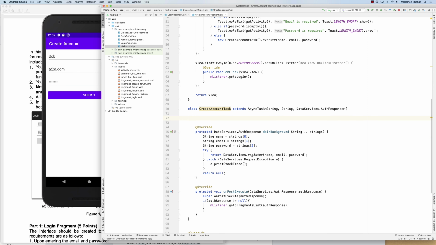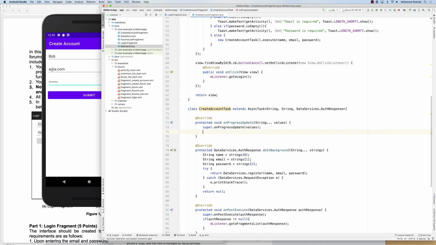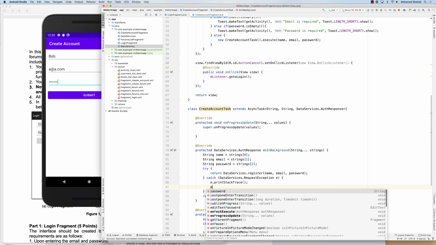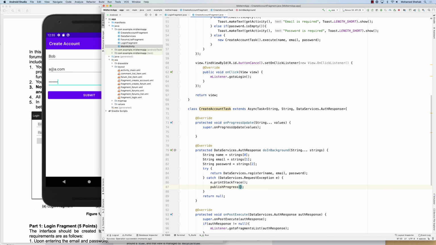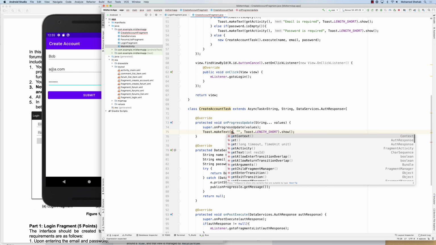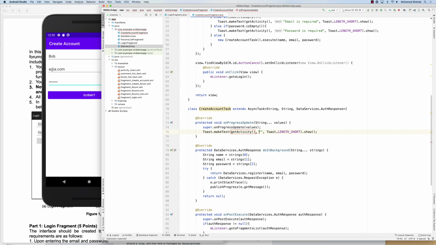So basically what I need to do is I do on progress update, right? So now this is what we are going to do. We're going to publish progress, right? And e.get message, that's the exception. We're getting the message from the exception. And then here is the toast message and get activity. And then basically here we do values of 0, right? So now if we run it again,